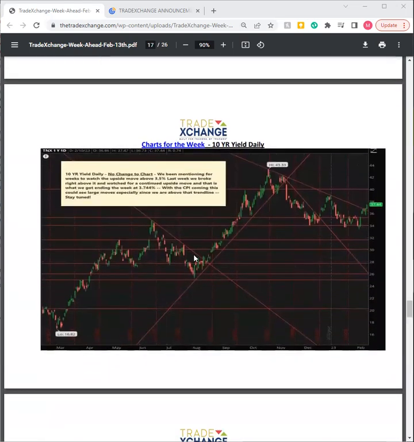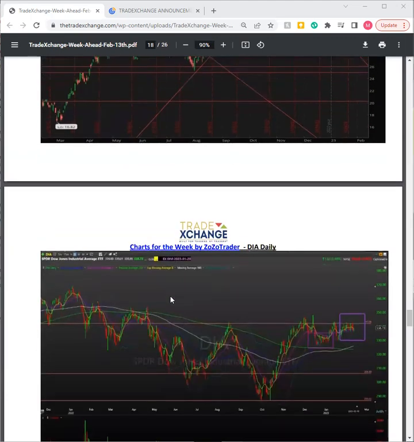SPY daily, more technical and moving average look, as well as your triple Qs, your IWMs, and your 10-year yields. A little breakdown on your 10-year yield. No changes to the chart as well. We've been mentioning for weeks on week to watch that upside move above that 3.5%. We saw that upside break, then we saw that downtrend break, and the strength continuing. So with that CPI report, we'll see if the upside move continues back to, it could easily go back to that 4% level. If the upside move continues, or we retrace back to that 3.4 to 3.5 support range.